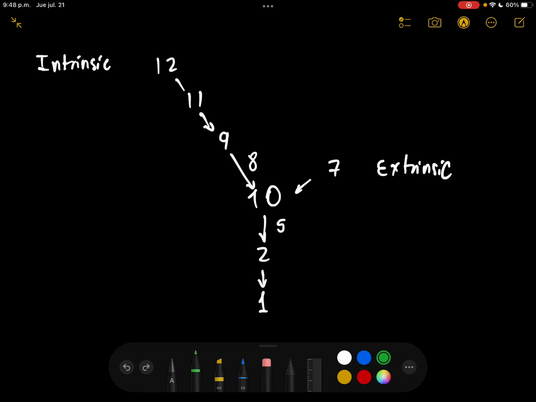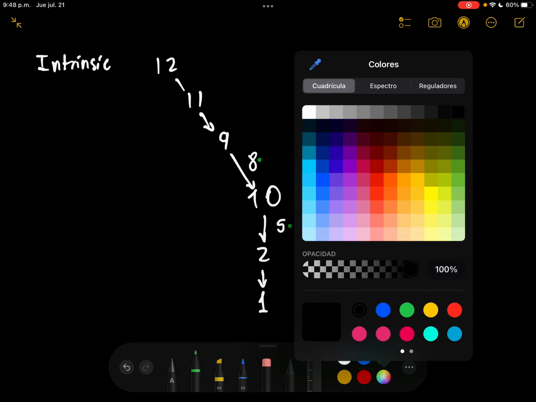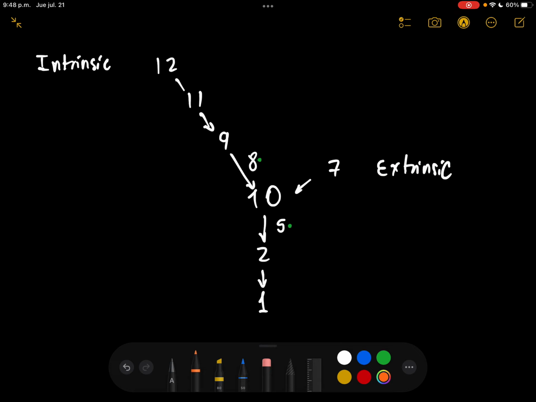Okay, and you have to know that factor 8 and factor 5 are cofactors. And the factors that need vitamin K are obviously factor 10 and all the factors that are in direct contact with 10: 9, 7, and 2. Okay,